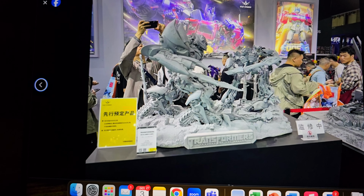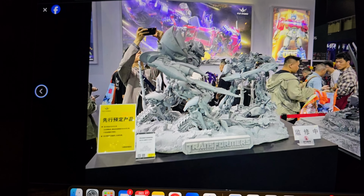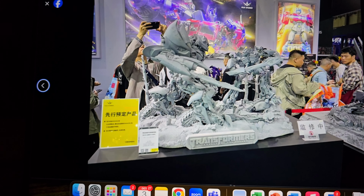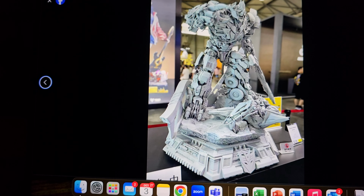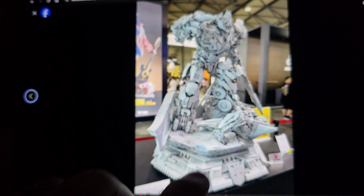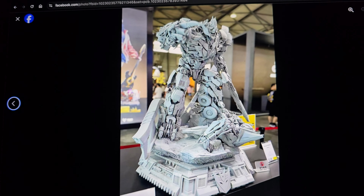Different angle. Yeah, that is really cool. I would put this middle garage shelf down in that display. And then here's a standalone Megatron. This looks like it's from the first movie, from what I can tell. Looks like Prime 1 scaling. Looks like he's standing on top of, when he killed,